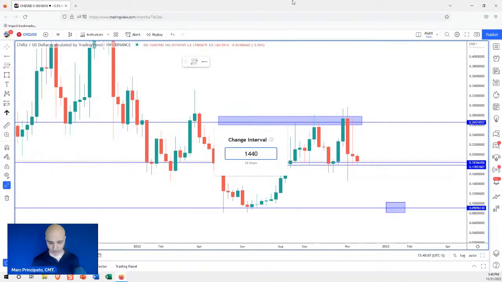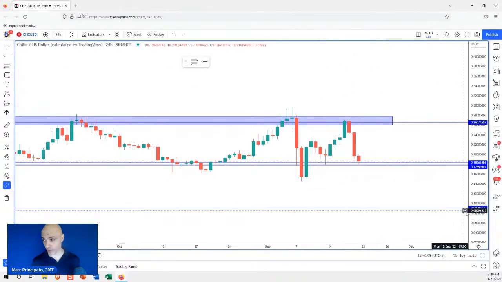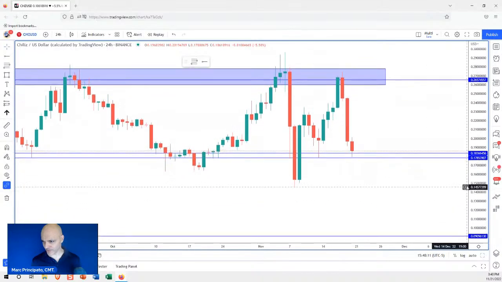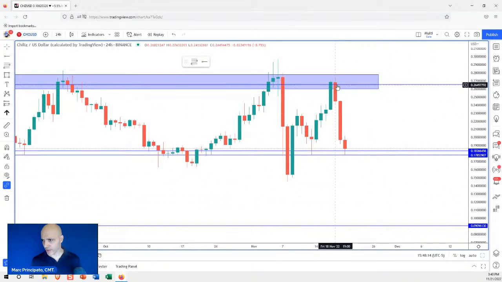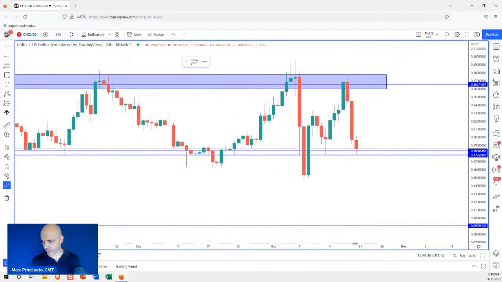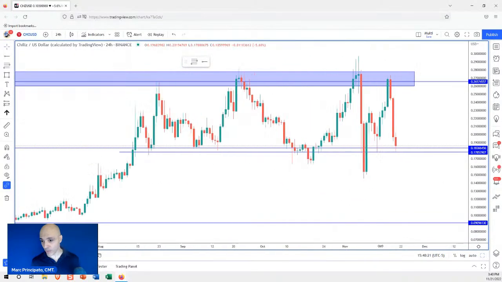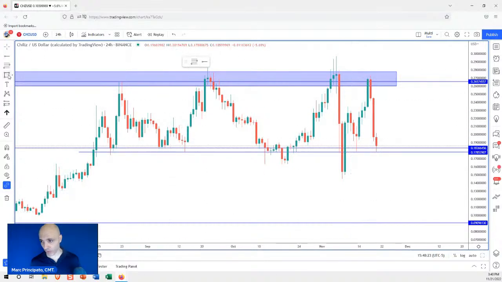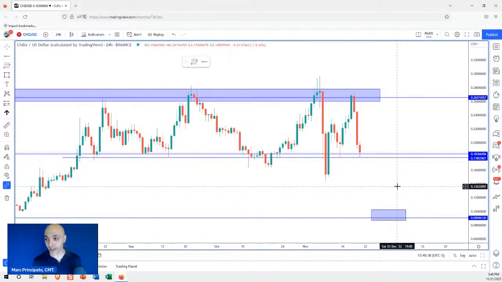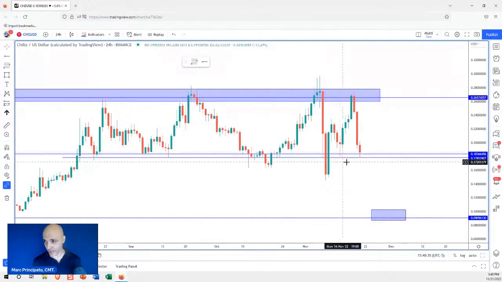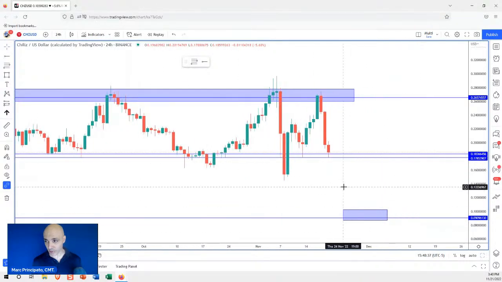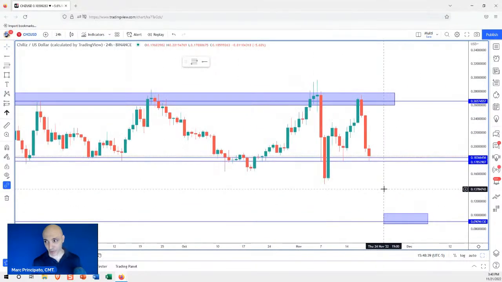So let's go now to the 1440, which no one likes. Let's go back to that chart, and here you go. So as far as right now, you have a minor support, but you're sort of in the middle of this consolidation when we factor in this range low. Now how you deal with that is going to really depend on your risk tolerance. Often these midpoints are very random, but you can see there's been some buying activity a few times. So if you're thinking swing trade, okay, I can understand why.